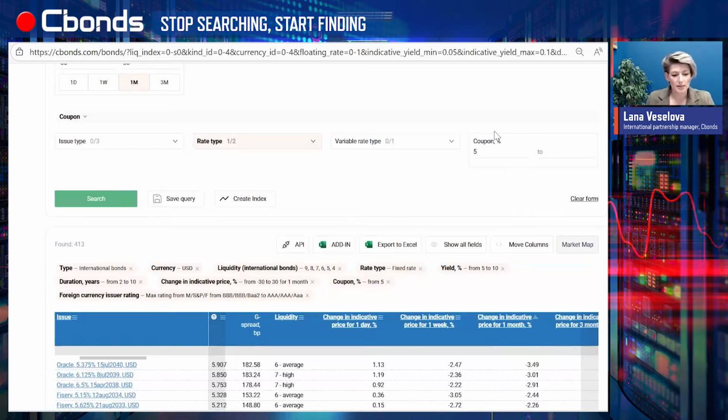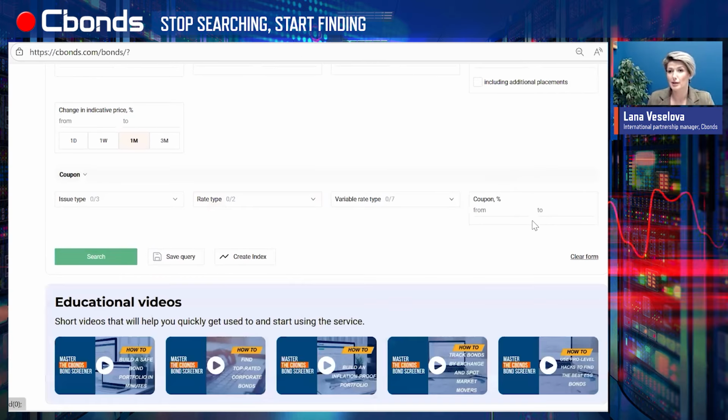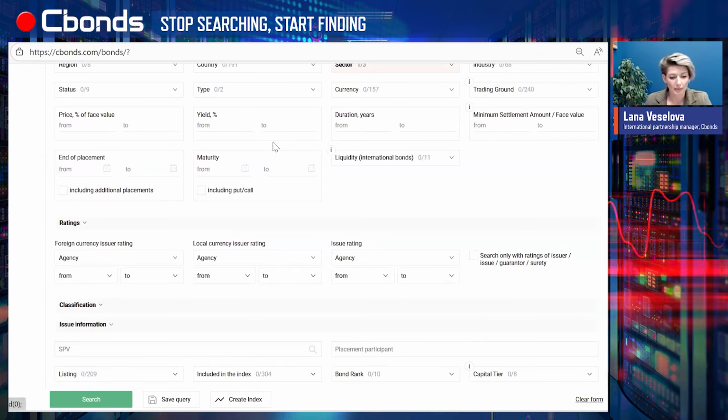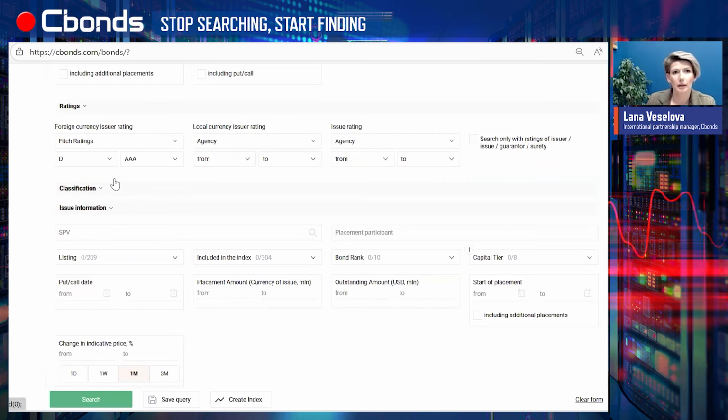Okay, then let's try to create some inflation proof portfolio. In case you are interested in inflation-linked bonds, you can choose, for instance, sovereign bonds. And definitely one of your criteria would be the face value indexation. So let's pick again the rating. And in the